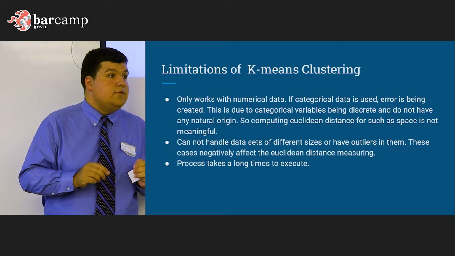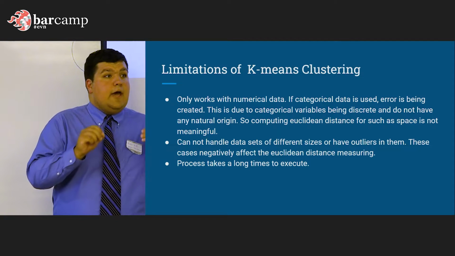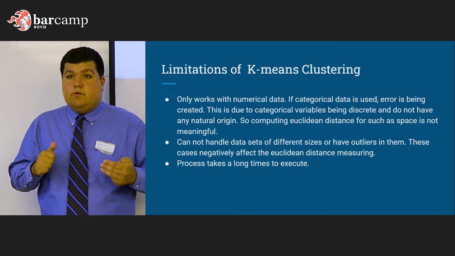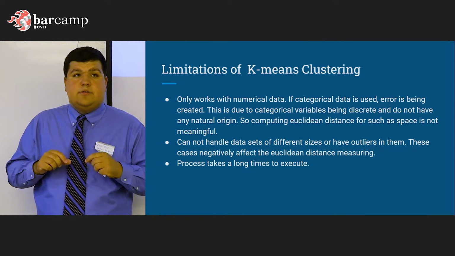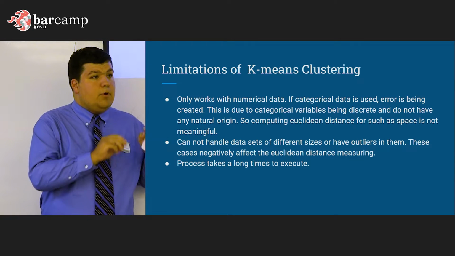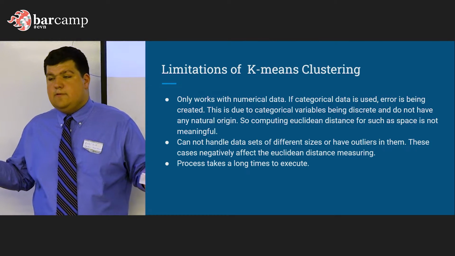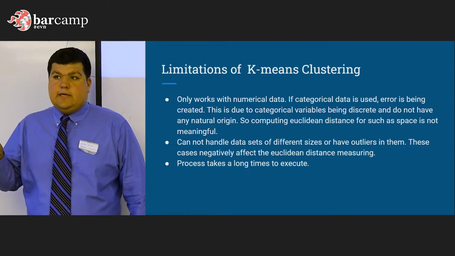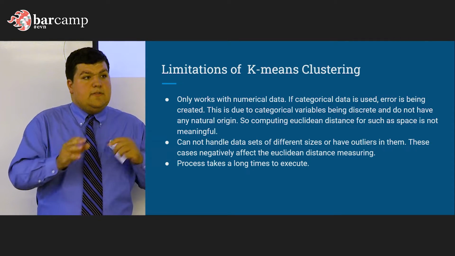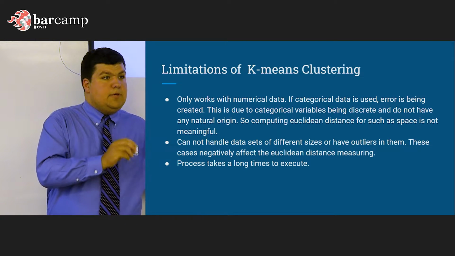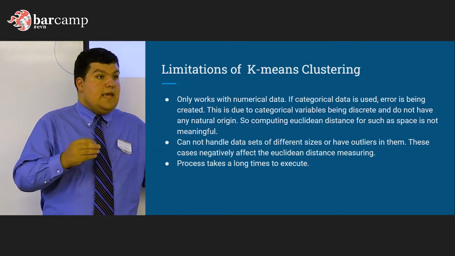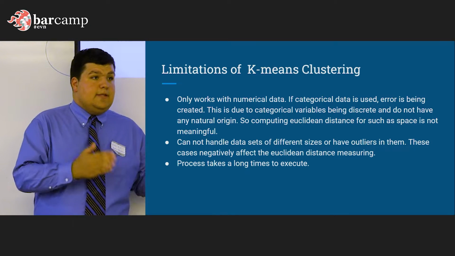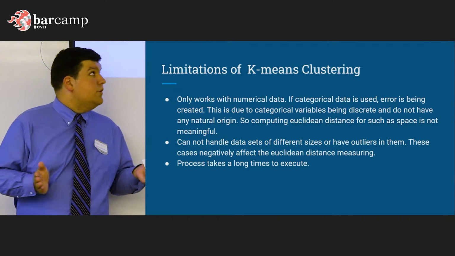You can work around this with the usage of k-modes clustering. However, k-modes clustering is a lot more complex than k-means clustering. Another error you have to address is making sure all your data sizes are equal to each other. So suppose we have 5 different fields, A, B, C, D, and E. Each of them has 100 elements in it. However, E only has 80 elements. This negatively biases and skews your data because those 20 missing coordinates cannot be measured with the Euclidean distance. And if we cannot properly measure the Euclidean distance, then the k-means clustering doesn't work exactly.